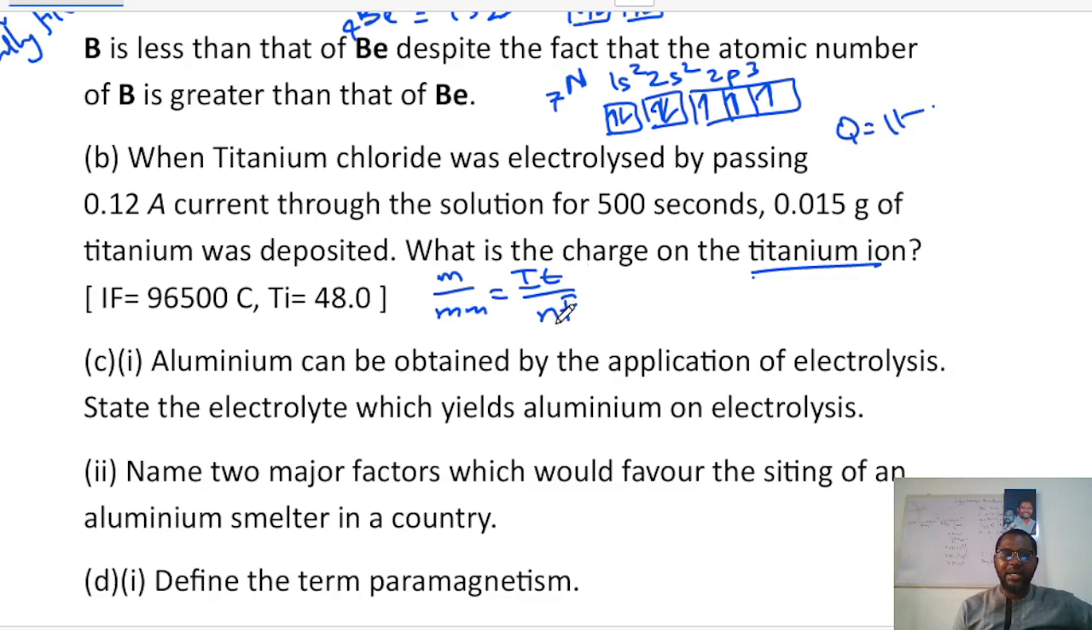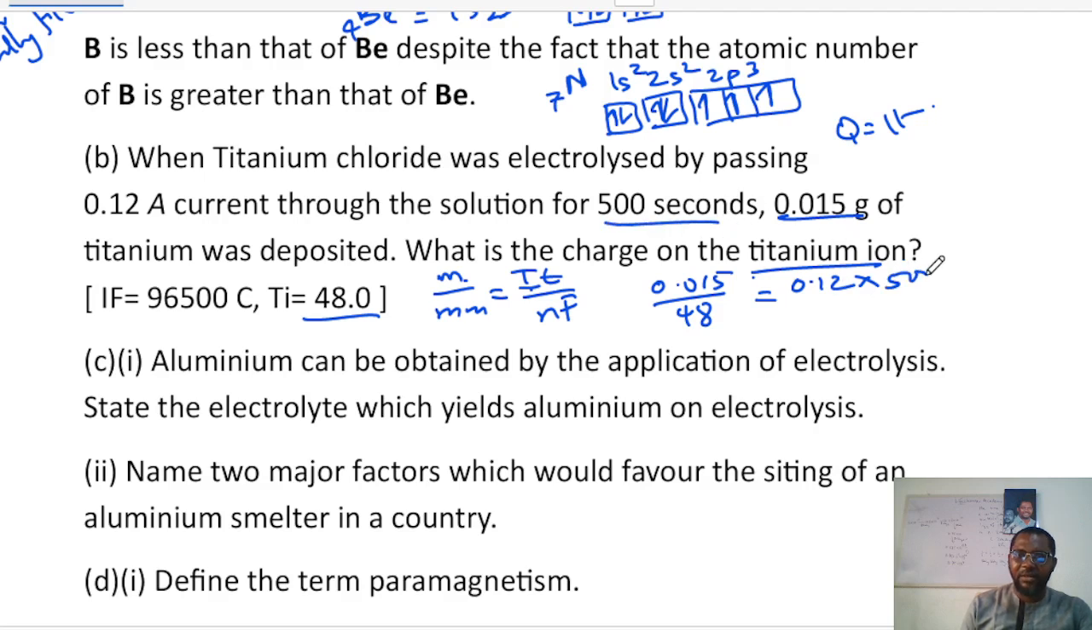N here is the number of electrons, which will represent the charge in the case of metals. So from this question, you can see that the mass of titanium is 0.015, divided by the molar mass of titanium, which is given here as 48. This is equal to the current, 0.12, times the time, we are given 500 seconds, divided by the number of electrons, which is what we want to find. F is Faraday's constant, which is 96500. You see that? So if we cross multiply, you're going to have N to be equal to